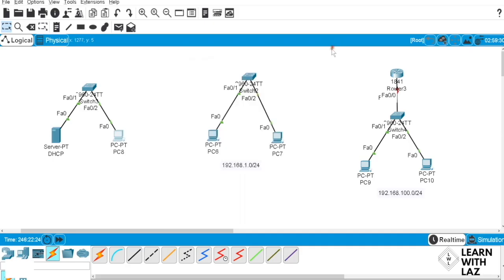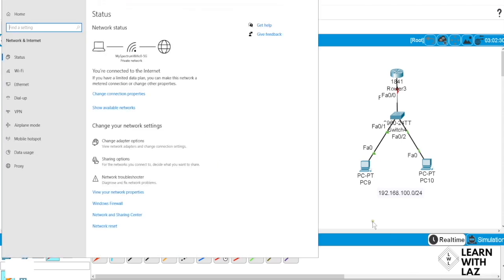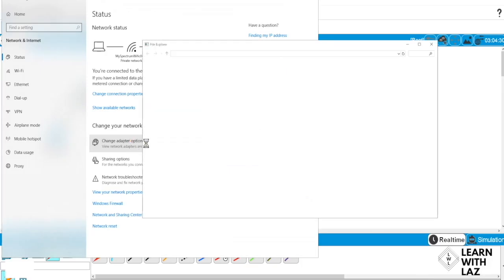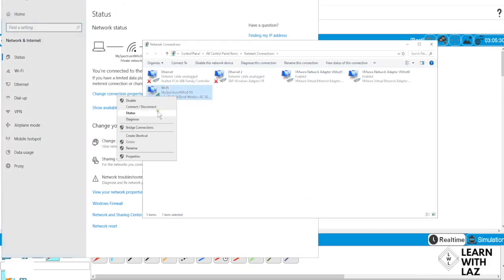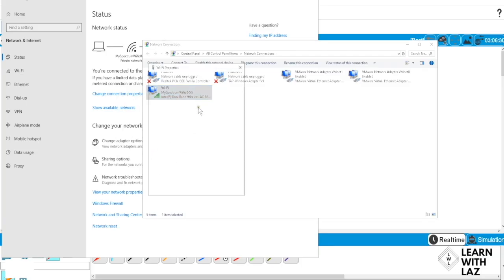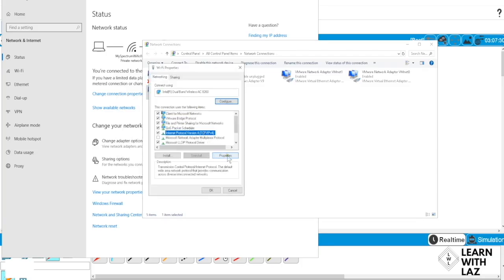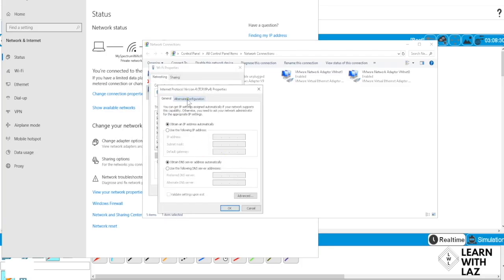And just let me show you real quick. In my own particular network, okay, change adapter options, and I'll go to my Wi-Fi. I'm going to go to the properties, then TCP/IP properties, and you go to the alternate configuration.